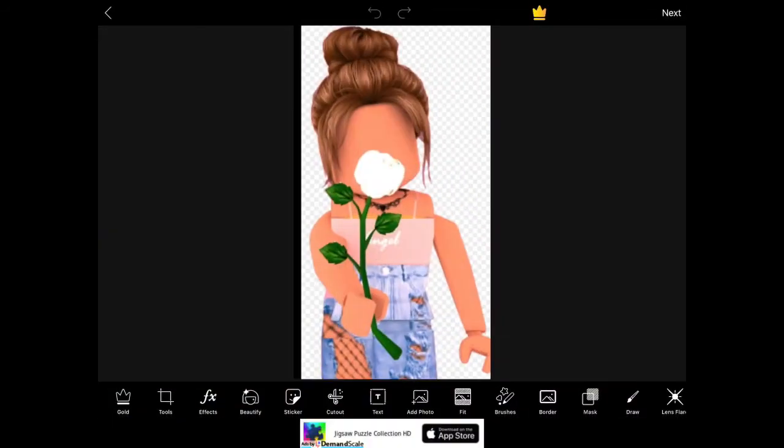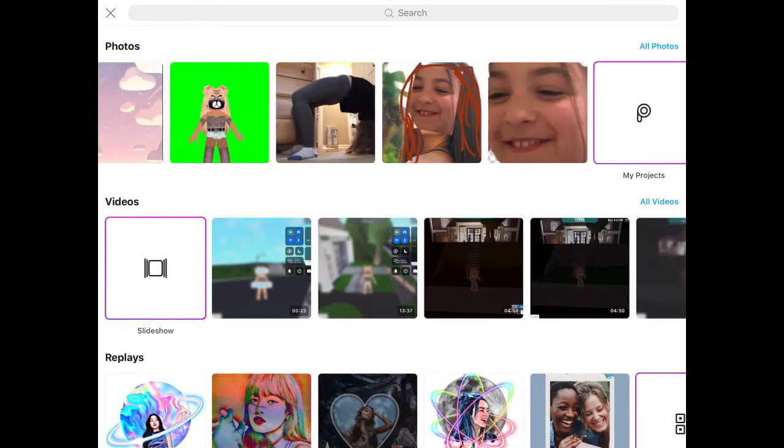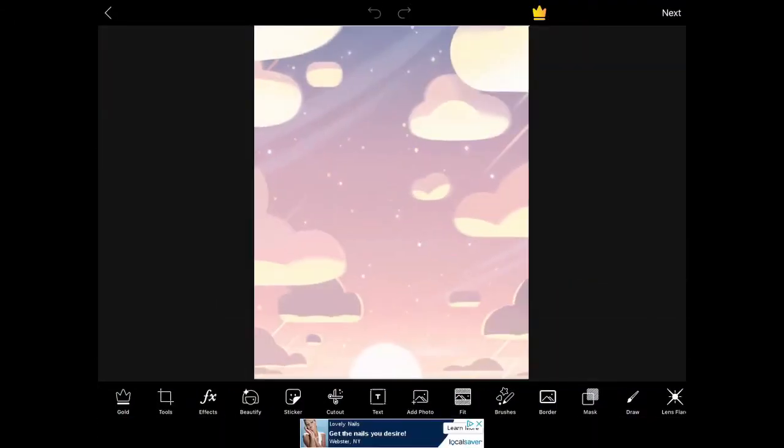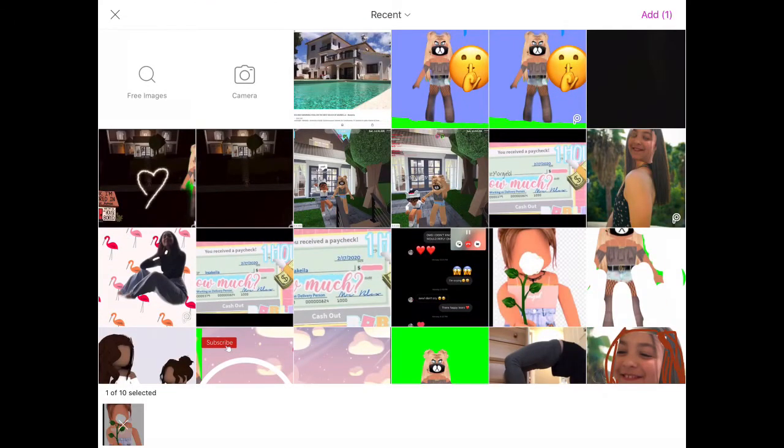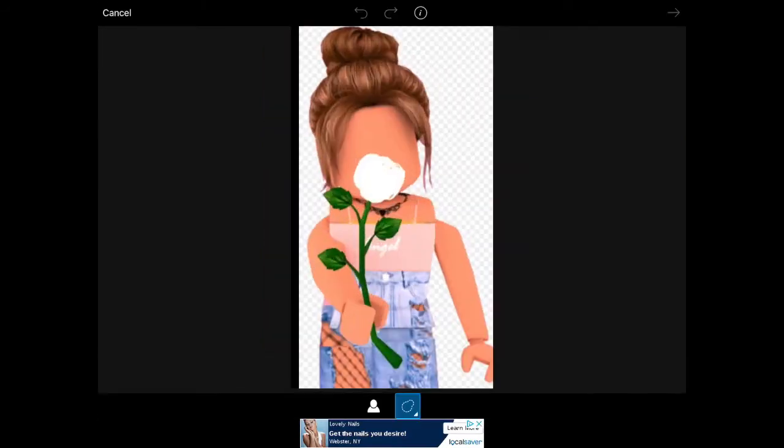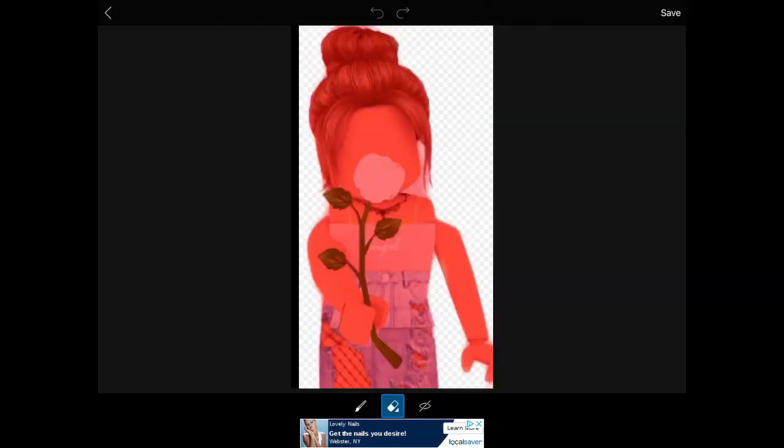So that's a picture I'm going to be using, but we're going to use that as a background because it's really cute and I really like it. And then we cut that out, and I'm going to be cutting out all the other white stuff, because all you have to do is press cut out and then